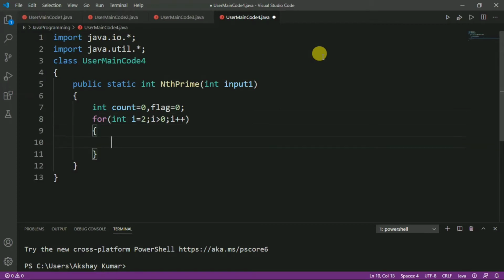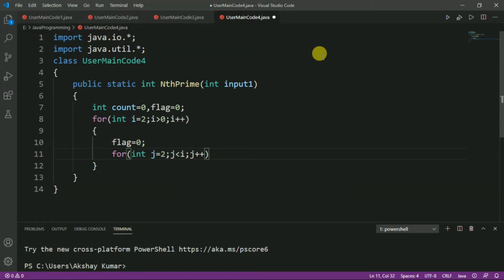Inside this for loop we will assign the flag value to 0, and now we will take another for loop. Here we will take the variable j, and initially the j value is also 2, and the condition is j less than i, and j++.